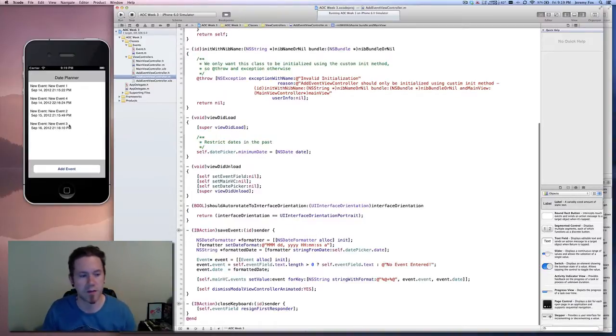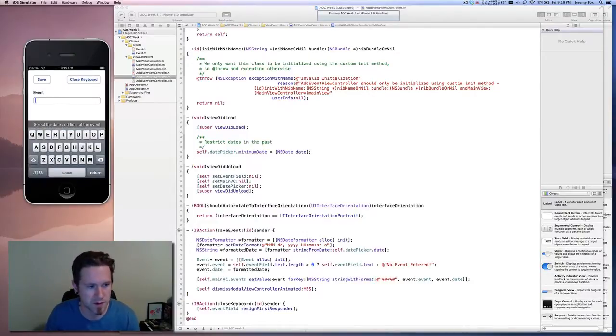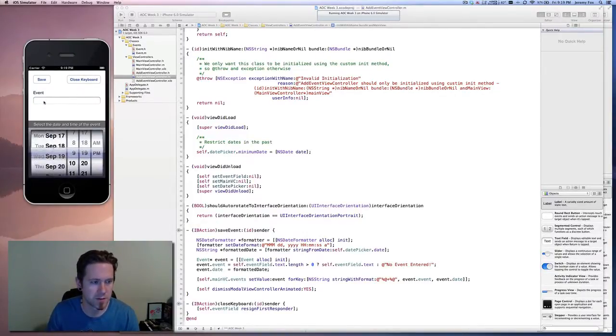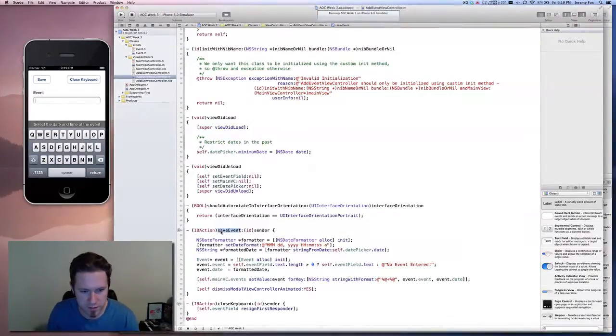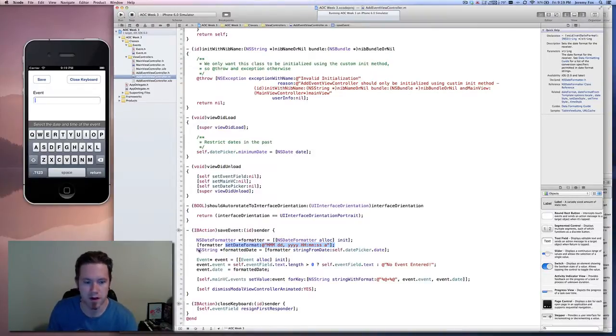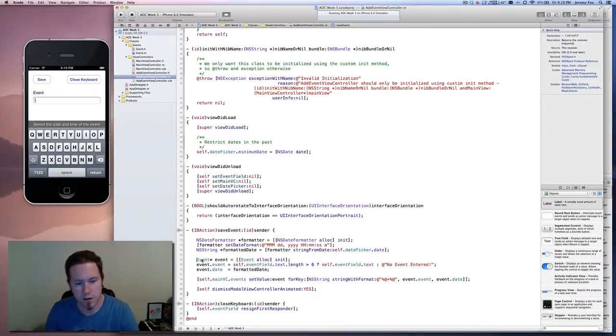And then what we can do, when the save event button gets clicked, which is this guy, after we type this in and we've selected a date, and then we hit save, we will hit the save event method here, this IB action. We use an NSDateFormatter to format the date according to how it looked in the comp that was on FSO. So we have the formatted date from the date in the date picker,